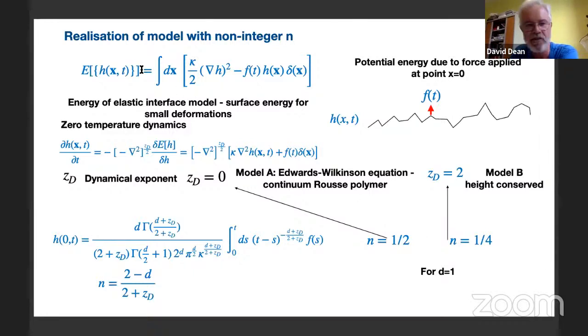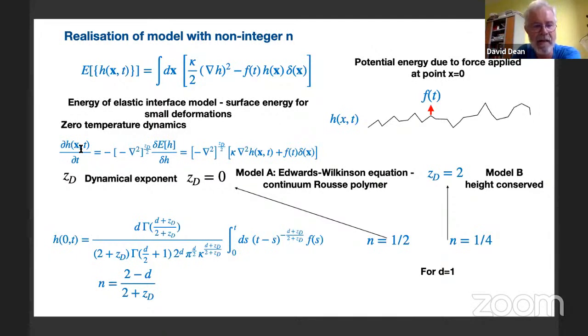So if you look at this energy functional here, you have this surface energy term here, and imagine I just pull up at the origin with a sort of delta function force. So I'm just basically pulling the interface at the point x equals 0, okay? So I can imagine this is my driving force. Now, if I just look at the response to this force, because the problem is linear, or if I ignore